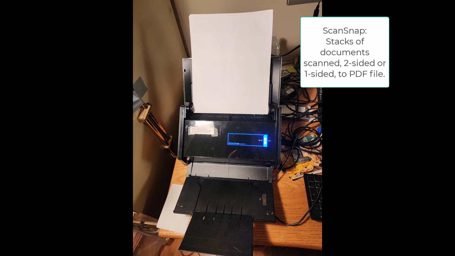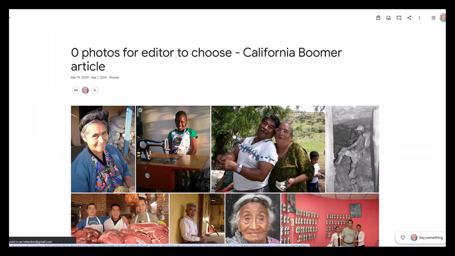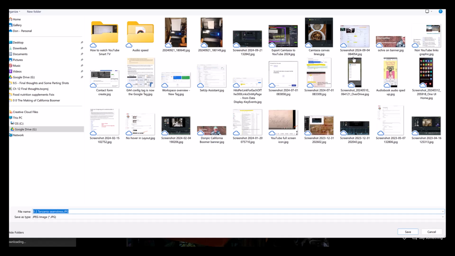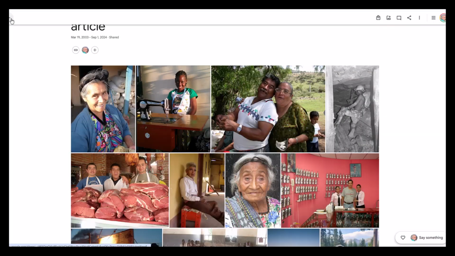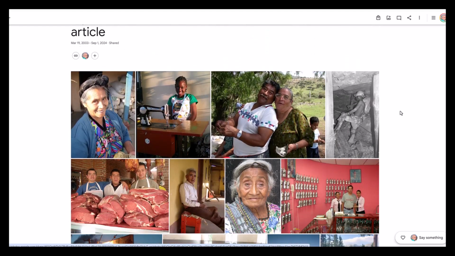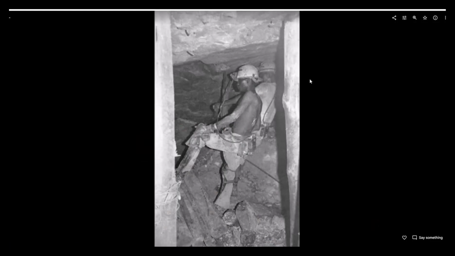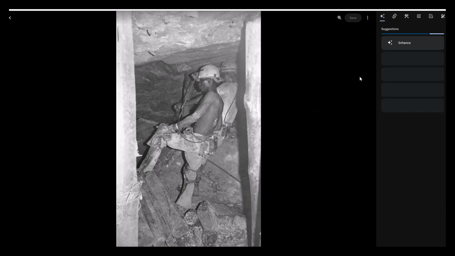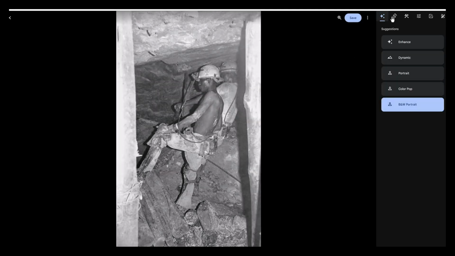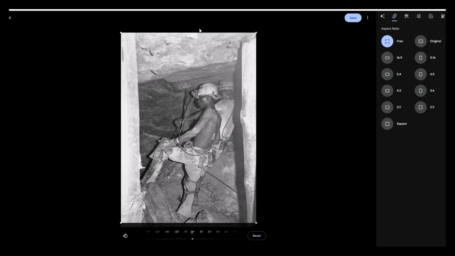And so in Google Photos, I do some editing. You can also edit photos in Camtasia, but I'm showing here how Google Photos can do some enhancing as well as cropping of photos. I then save it and download the ones that I want to the folder that I am using.